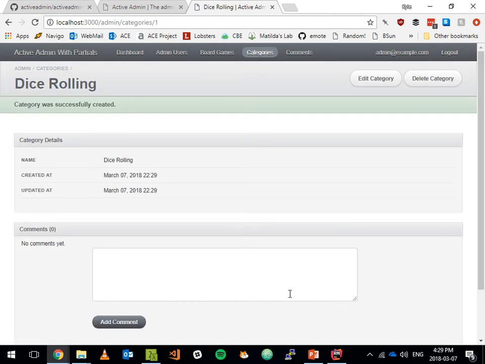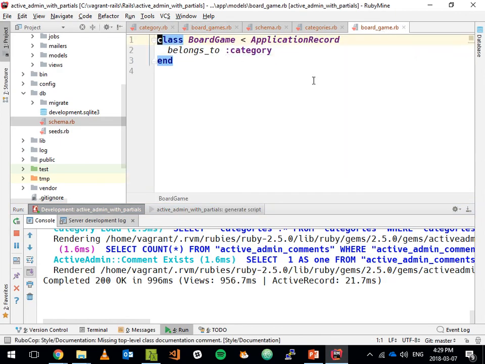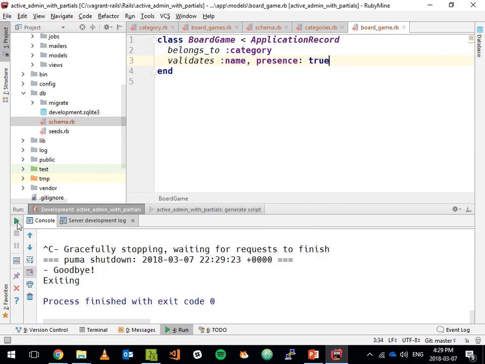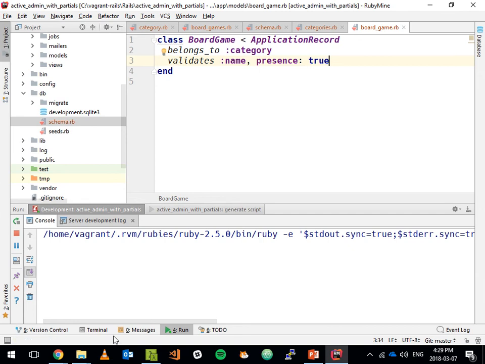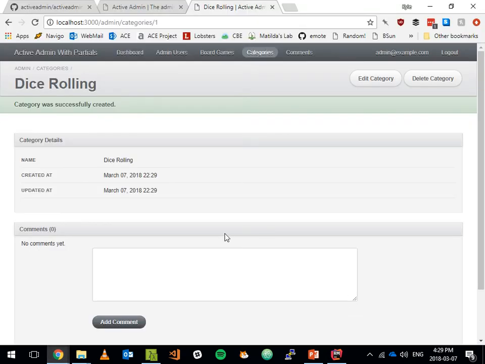I can also, for example, if I had validations on these things. So if in my board game model I had validates name, presence true in there, I would restart my server again. Active Admin will conform to my validations as well. And so if I go back to here, and I try to create a new category and I leave the name out,